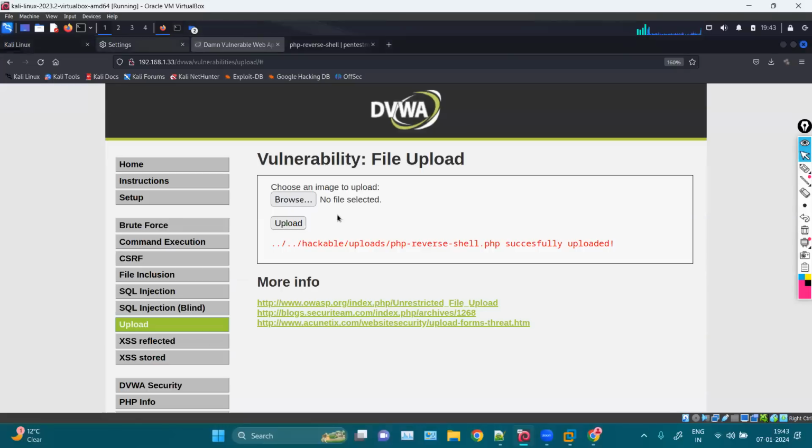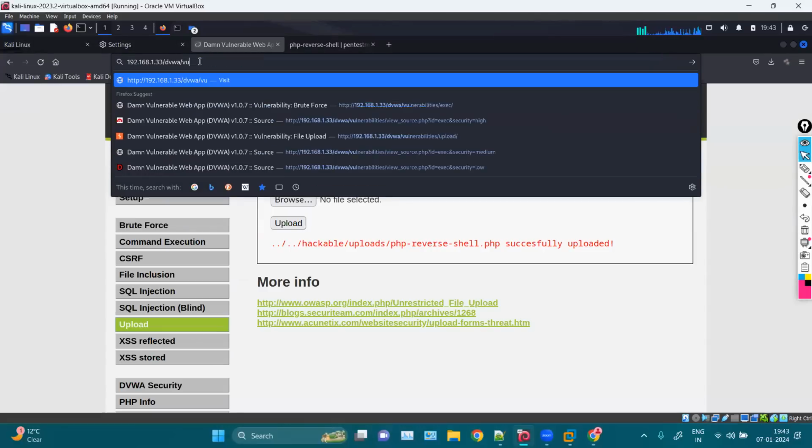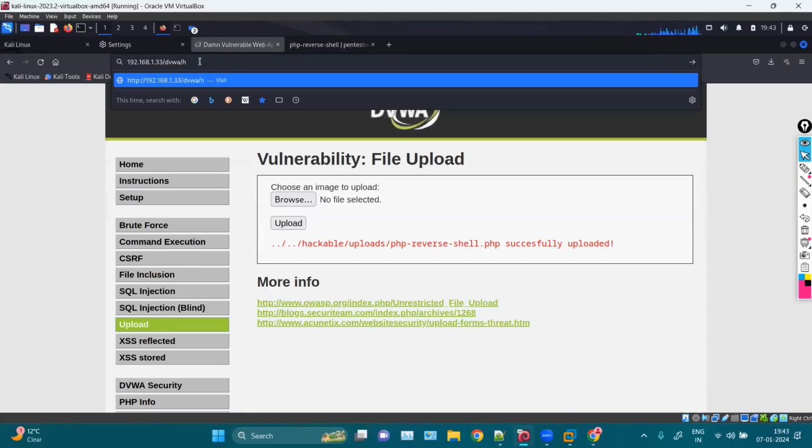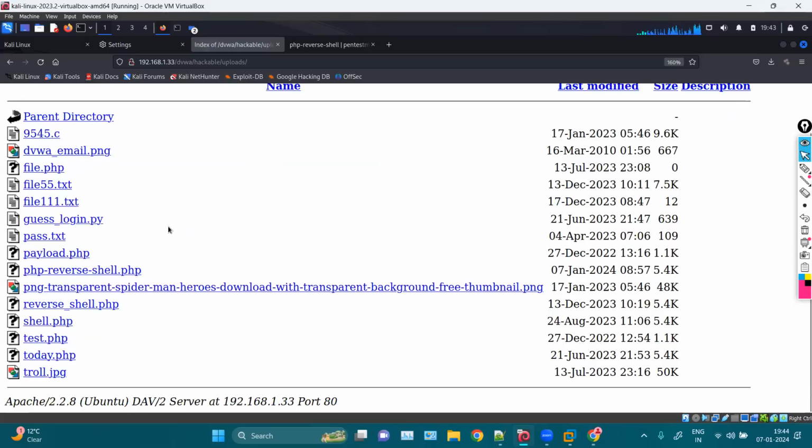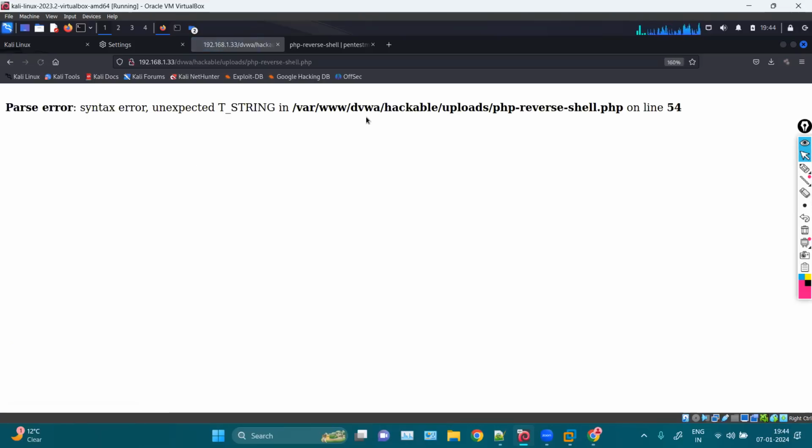Okay, so we have to move to this location. The location is hackable uploads, this location. And here we have some dots, which means we have to move one step backward and then a second step backward from the current location. So basically we have to move two steps backward, and here we can mention the hackable path, hackable/uploads, enter. Okay, now you can see these are the files we are uploading, and here is your PHP reverse shell. So when you click on this file, you will get